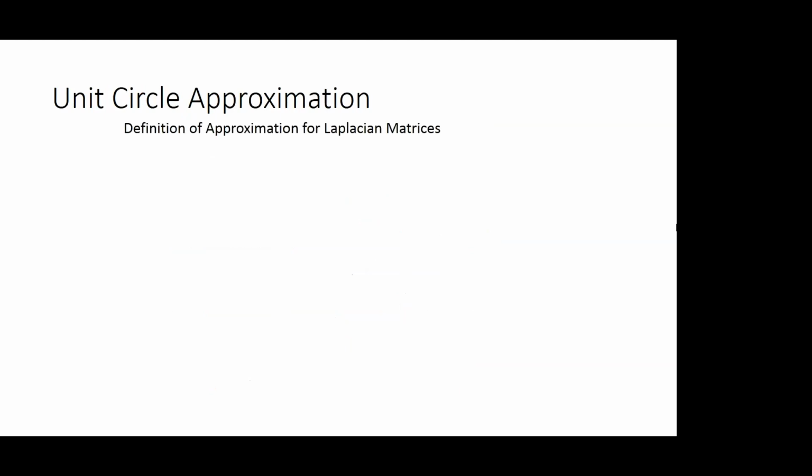Okay, so unit circle approximation is a definition of approximation for the Laplacian matrices of directed graphs, and it has the following key features. Suppose we have a Laplacian I minus W tilde that approximates the Laplacian I minus W. Then what unit circle approximation requires is that if we raise the walk matrix to some power, their Laplacian matrices still approximate each other. So I minus W tilde to the k still approximates I minus W to the k, even though we've powered the graphs,